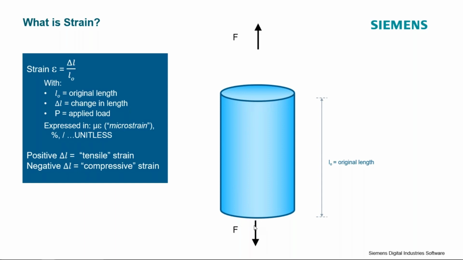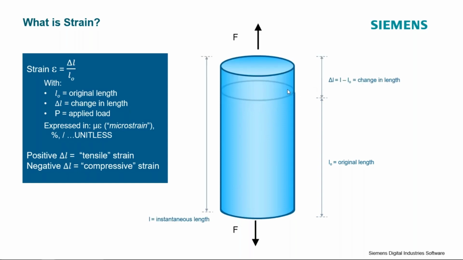So if I've got my same cylinder and I'm applying a tensile load to it, this cylinder will actually deform and its length will change. So this outline here is the original length of the cylinder, and now that I've applied this load, I've increased the length of this specimen by delta L, so the change in length here. The strain is this delta L divided by the original length of the cylinder. So basically, it's the amount that the device under test deformed.